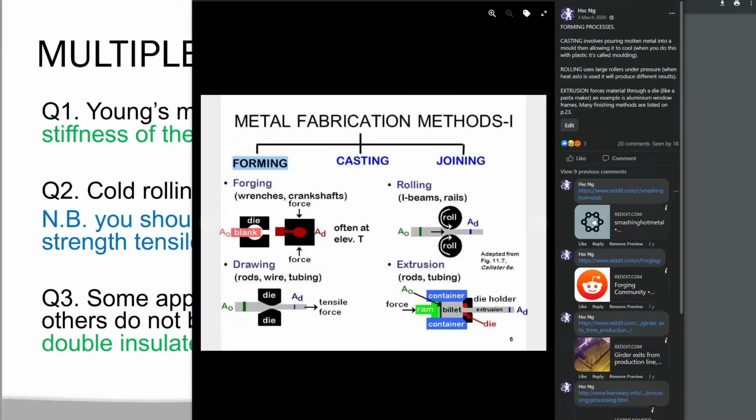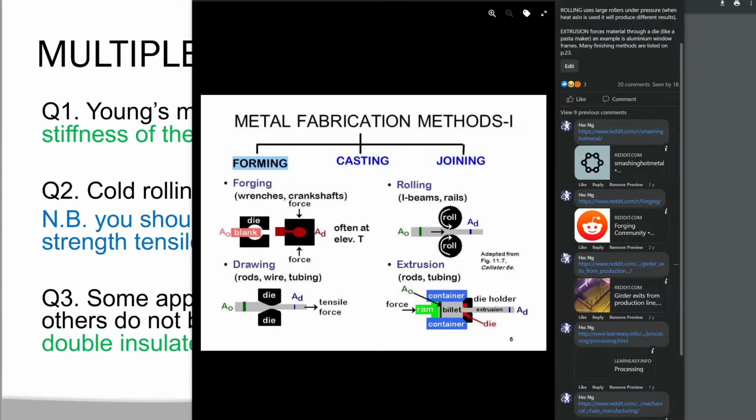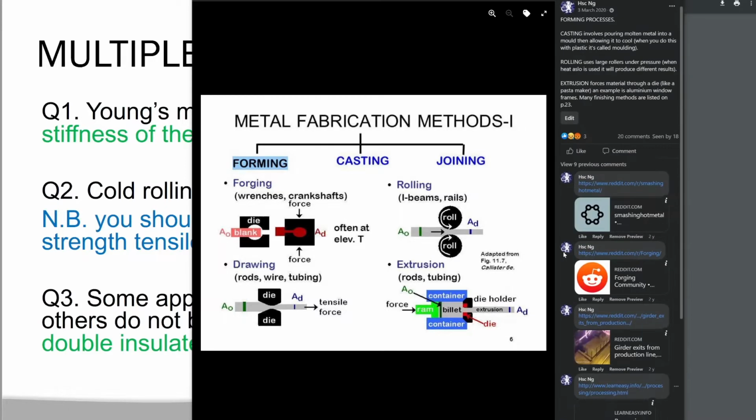In terms of rolling, I have my Camellia joke about they see me rolling,